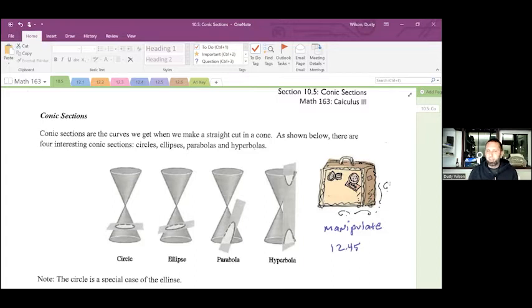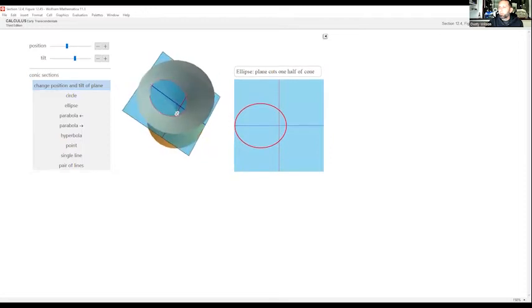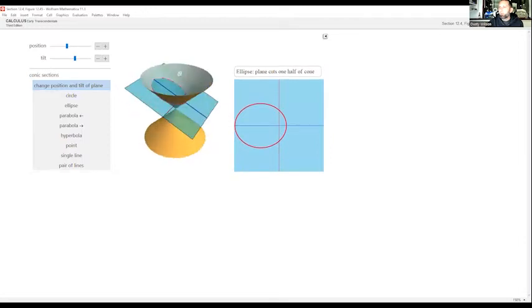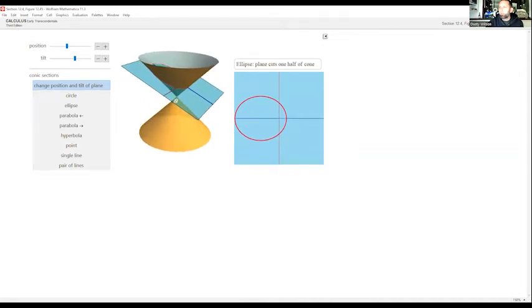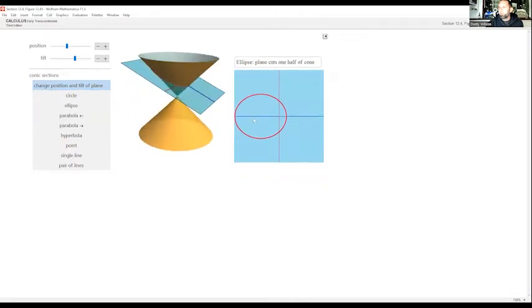Let's look at a manipulate so we can get a better sense for what these conic sections look like in 3D. As I indicated below, a conic section is what happens when you start with a cone, in this case almost like a cone on top of a cone, and we make a straight cut through it, like a big old slice. In this case, notice the shape that's being made is an ellipse, and as we change the tilt,